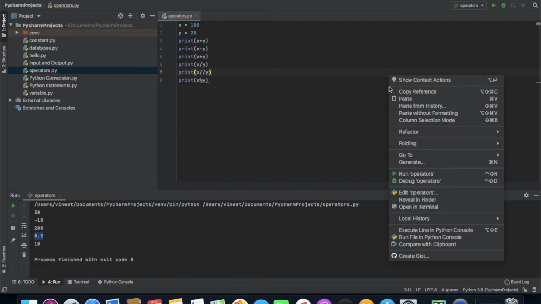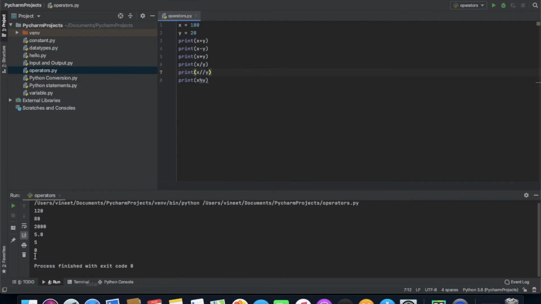If we run this, you can see we are getting a simple integer. We are not getting any float value like we got in simple division. So we use floor division if we want our value in a simple format without any float.